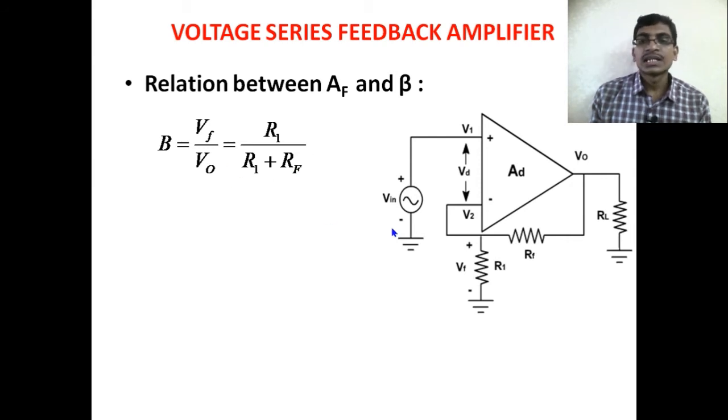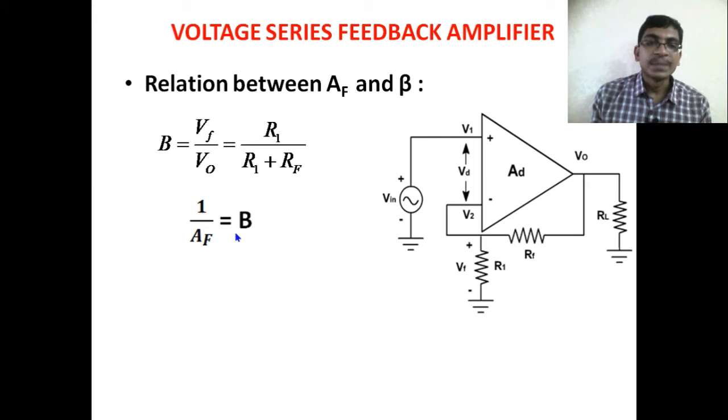So we can also get it this way. Vf is the voltage across the resistance R1, which is equal to the applied voltage V0 and the resistance R1 divided by R1 plus Rf, by the voltage divider rule. So Vf is equal to V0 into R1 by R1 plus Rf. If you take V0 to the left hand side, we get Vf divided by V0, the output voltage of the feedback network to the input voltage of the feedback network V0, which is equal to beta, which is R1 by R1 plus Rf, and 1 by AF is equal to beta.